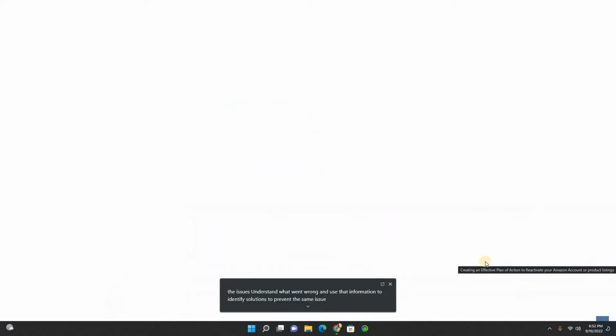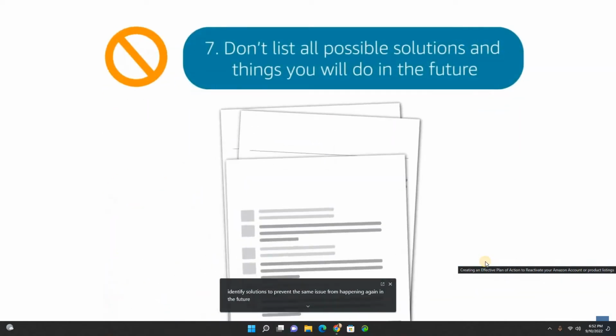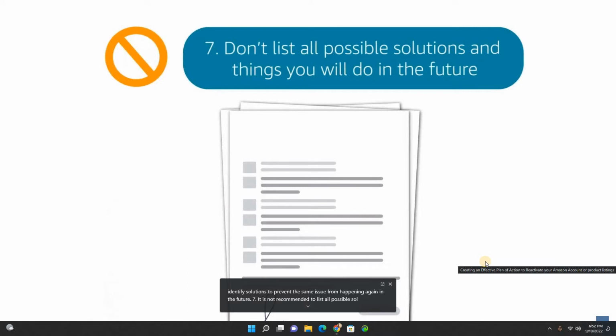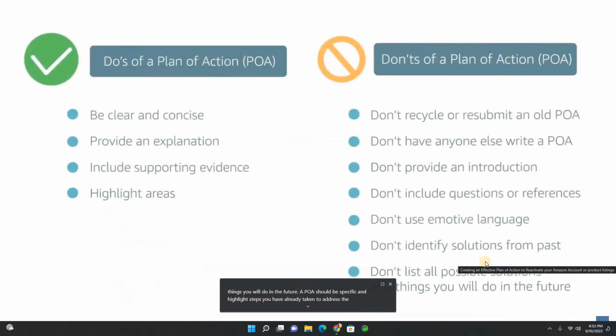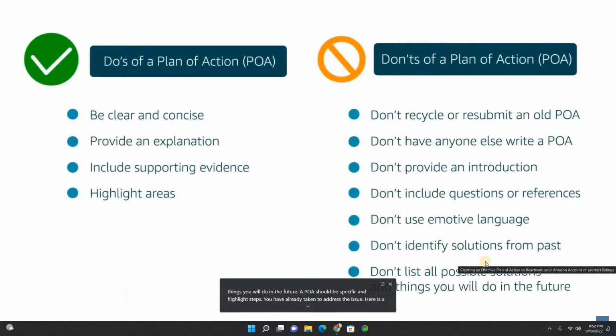They want to understand how concentrated demand is within the recommended niche. It is not necessary to list all possible things you will do in the future. A POA should be specific and highlight steps you have already taken to address the issue. Here is a summary of all the do's and don'ts we discussed. The top product has 13% click share and a meaningful absolute number of clicks. Products in the niche also have a healthy number of reviews. They can also see the bestseller ranking, average offer count, and